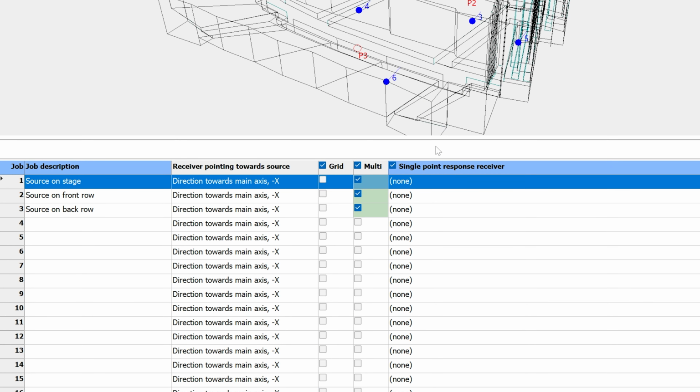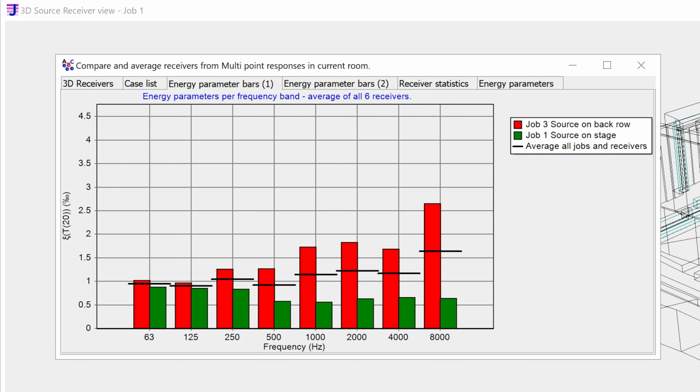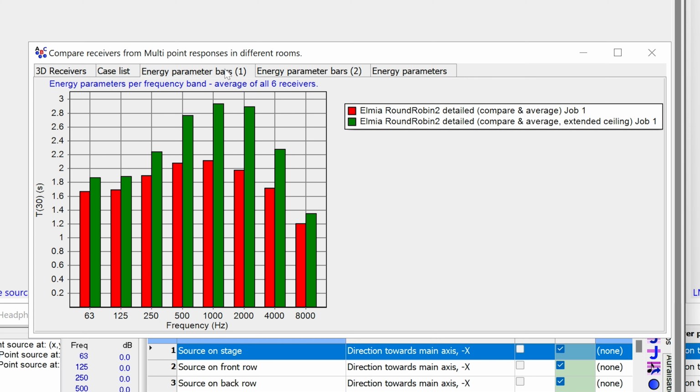You can also compare and average two jobs by dragging and dropping a calculated multipoint response into another. This even works across two different ODEON models, allowing you to compare results between the two models.